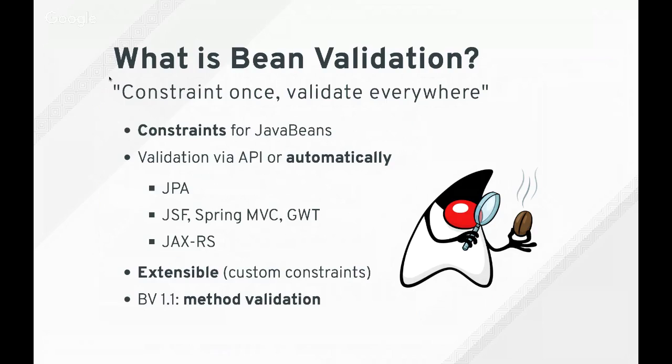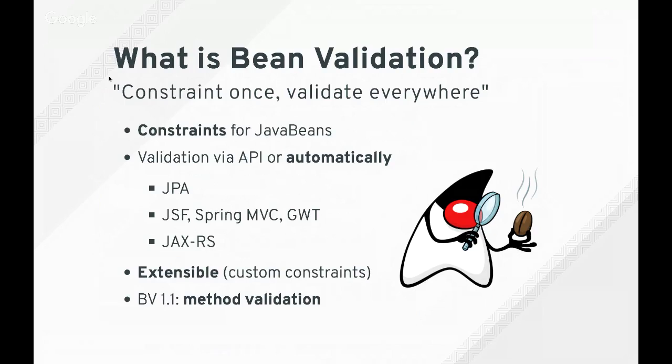So this means you put the constraints once to your model, and then they will be validated automatically for you. It is extensible, which we will see in a bit. So you can add your own constraints by defining custom constraint annotations. And actually, it's not even limited to just validating the properties of beans, but you also can, as of Bean